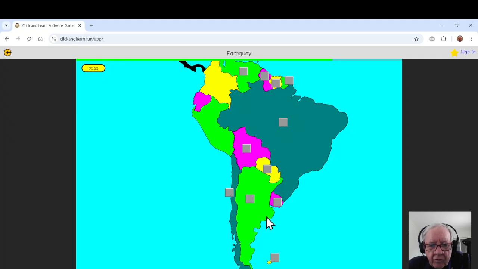Now, one of these two buttons is Uruguay and one is Paraguay. One starts with the letter U and one starts with the letter P. When you put those together, U and P, they spell the word up. So U is at the bottom, P is up from Uruguay. So this is Uruguay, U. This is Paraguay, P. Paraguay. French Guiana,